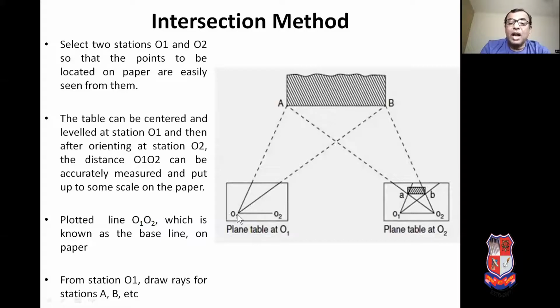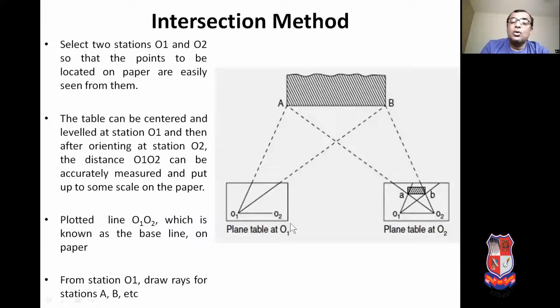You have to keep the alidade touching the small o1 and you have to bisect the ranging rod at the object O2. Once the ranging rod at O2 is bisected, you have to draw a line along the fiducial edge of the alidade. Then the distance O1 O2 on the ground is measured by means of a tape and it is converted to a suitable scale to get the location of the small o2 on the drawing sheet.